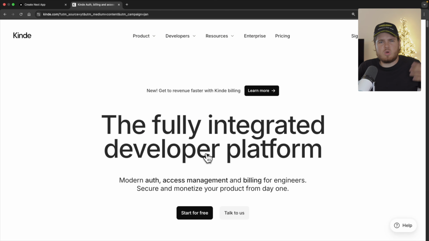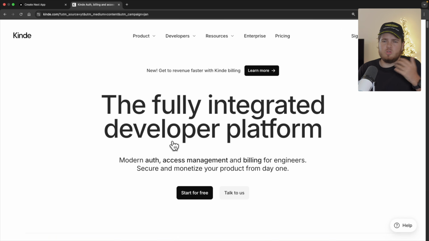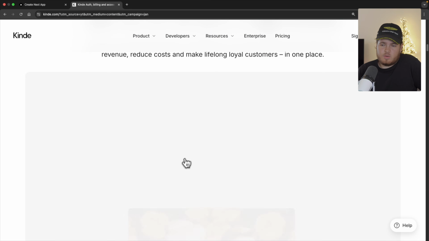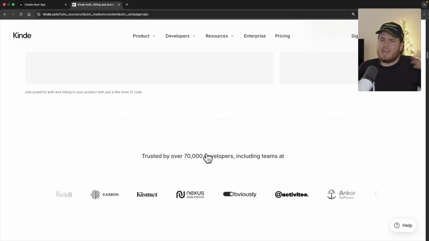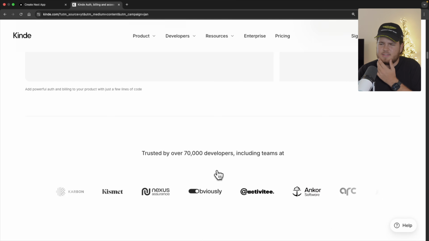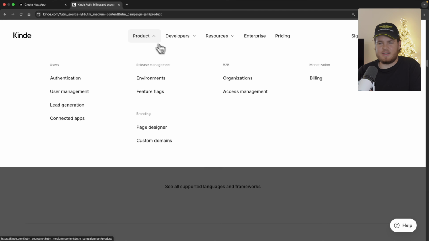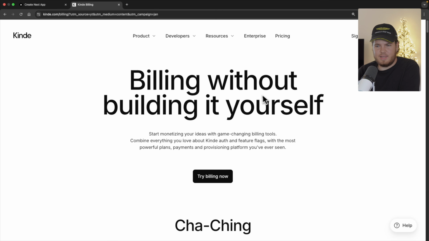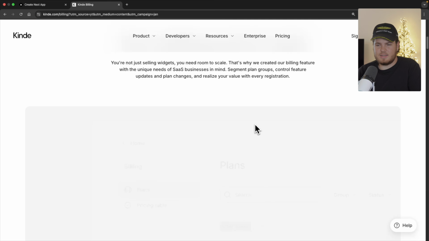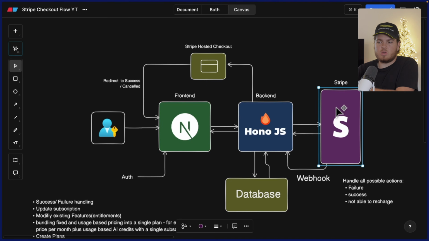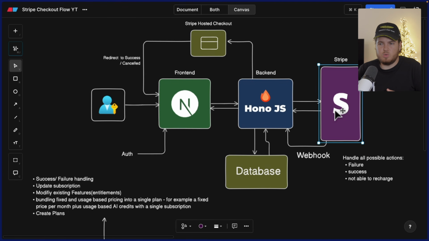And most of you probably know Kind as this auth provider. They allow you to implement authentication and of course also authorization and of course also feature flags. But recently they released something huge, and that's billing. Billing without building it yourself. So billing is actually a layer built on top of Stripe, which allows you to pretty much streamline and simplify